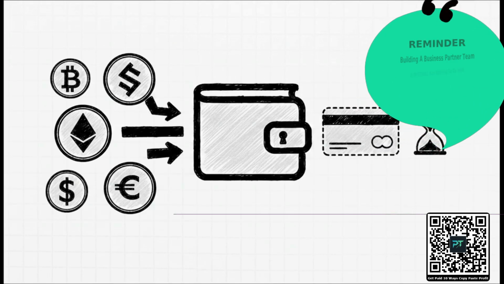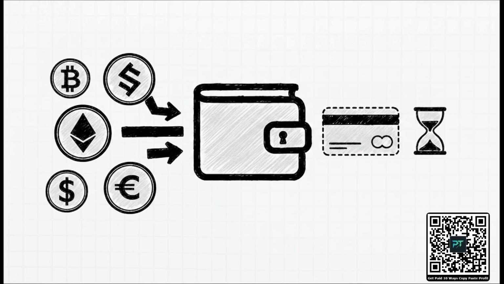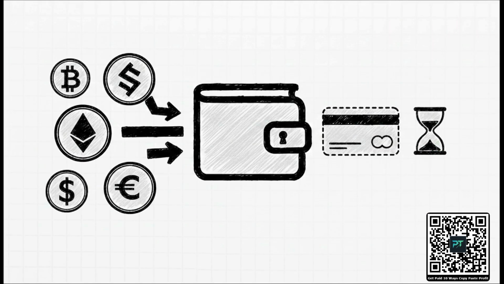To fund that account initially, they support the major Layer 1 coins, think Bitcoin, Ethereum, and Solana, alongside stablecoins like USDT and USDC. That obviously provides a lot of flexibility for users who are already holding digital assets. And they've also noted that credit card integration is slated for some time in the future.